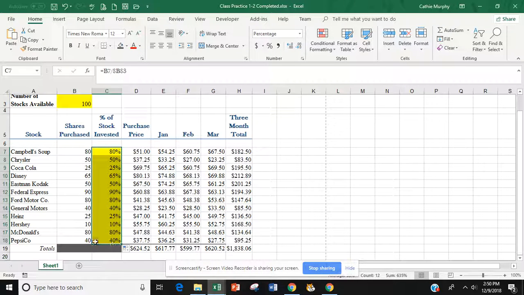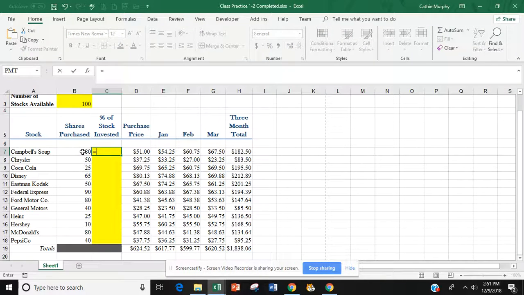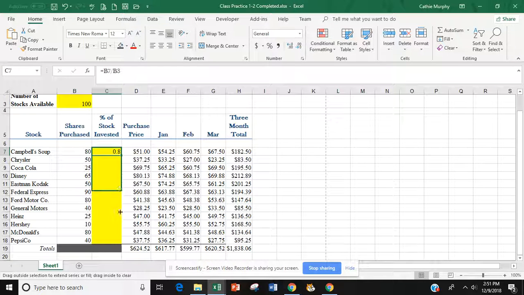And I'm going to drop this down, and we're going to see that we have figured out the percentage of each one. Now, what would happen if I did Control Z here? I would have done equal, then clicked on B7 divided by B3, then enter, without putting in those dollar signs. If I click on C7 and I try to use my fill handle and copy down,